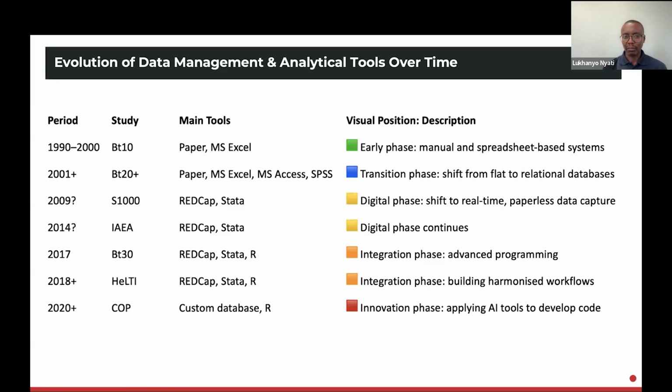The challenge with that is, how do you keep track of the analysis that you have done for reproducibility? I know that SPSS does have a syntax